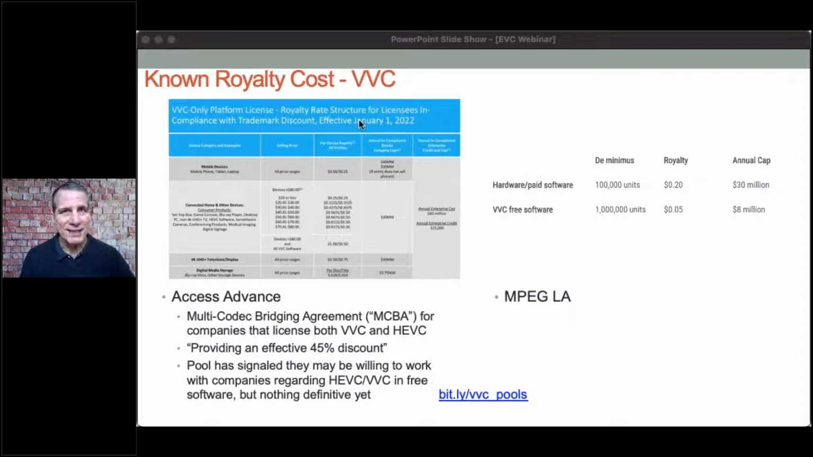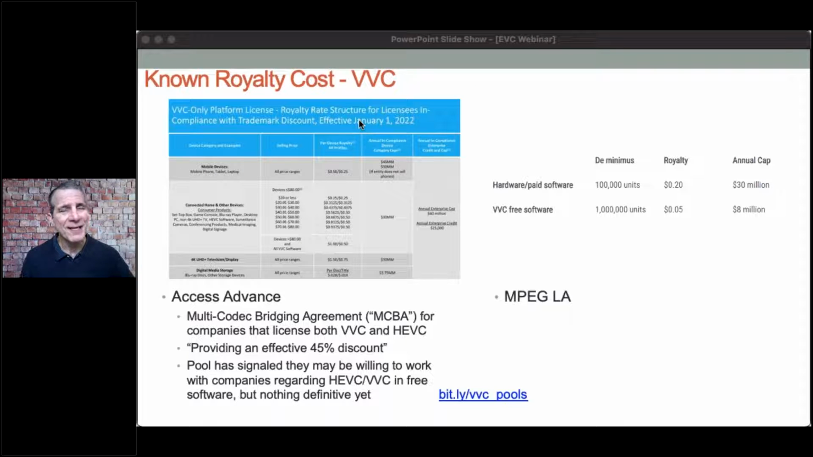What's unique about the Access Advance pool is that there's something called the multi-codec bridging agreement. So if you sign licenses for both VVC and HEVC with Access Advance, you get a significant savings of around 45%. Now we see there's a different, lower royalty for VVC with the MPEG LA pool for VVC